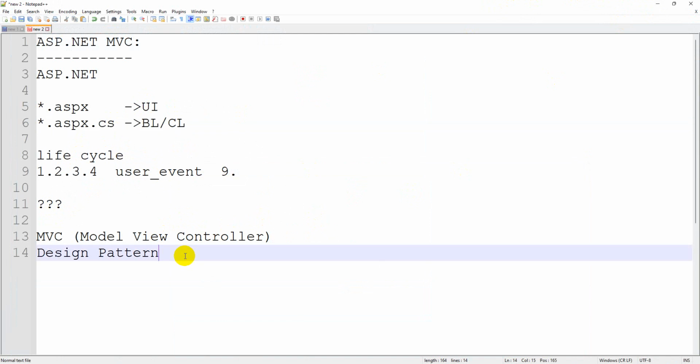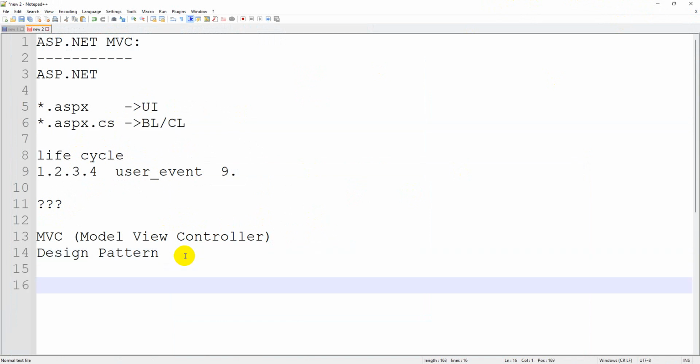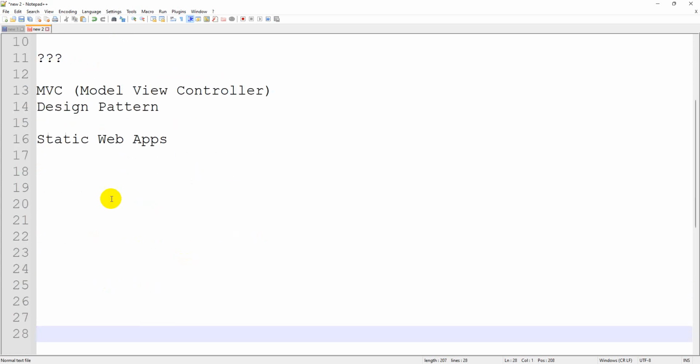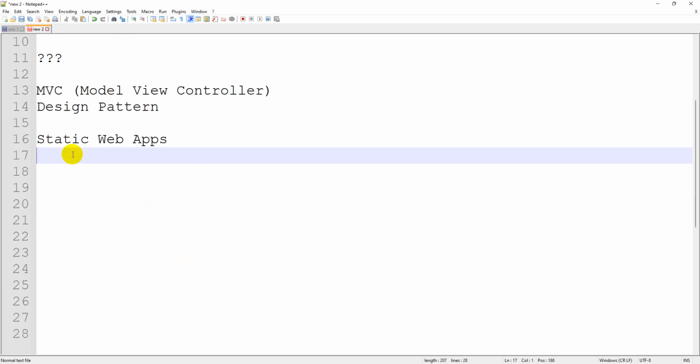Normally web applications are of two types. One is static web applications, which we have already completed in our curriculum: HTML, CSS, JavaScript. The combination of these three can create static web applications. Now we are going to discuss dynamic web applications. What is meant by dynamic web applications?